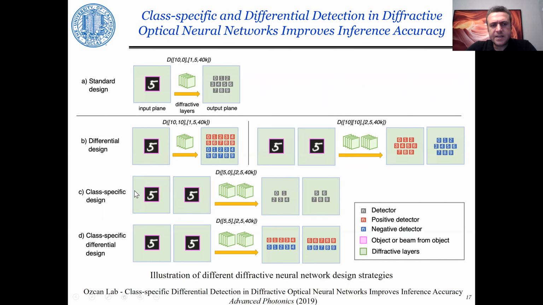You can also design class-specific networks where you divide some of the subclasses into one network and another network takes care of the rest. So these are interesting ways to benefit from the parallelism of this free space